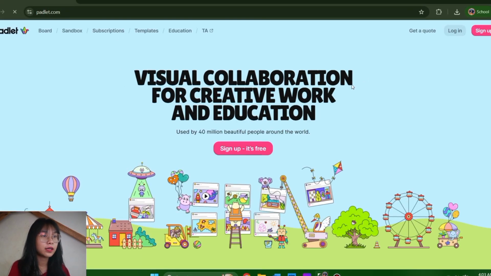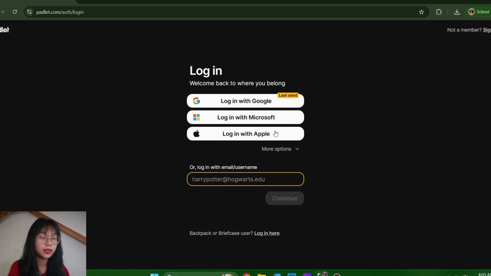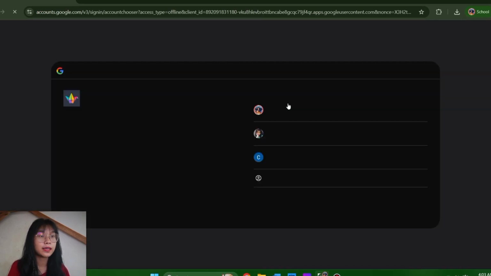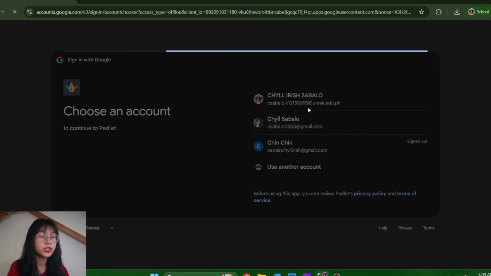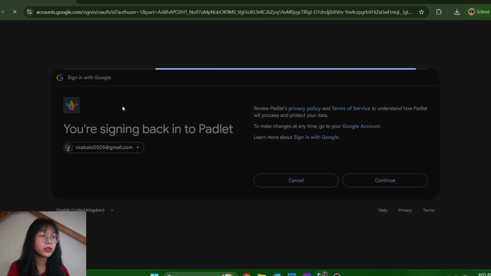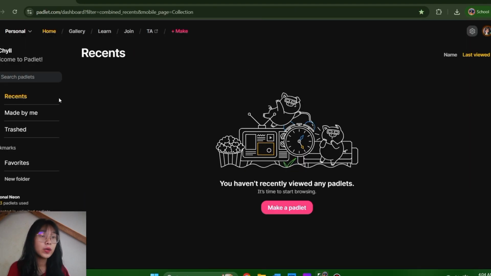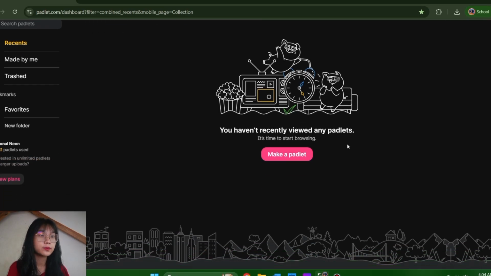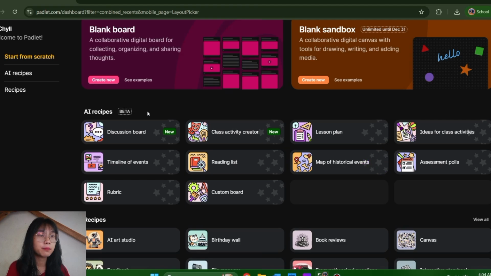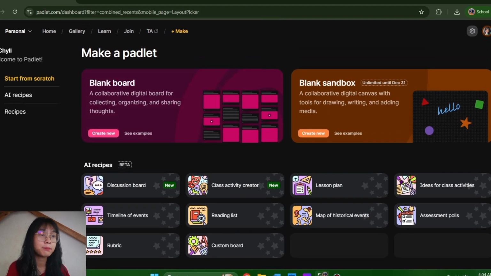If you already have an account, simply click login. And if you're new, you can click sign up. You can also register using your Google, Microsoft, Apple, or your email account. Now, once you are logged in, you will see your dashboard where all your Padlet boards will appear. To create your first Padlet, you have to click the Make a Padlet button and the setup will appear on